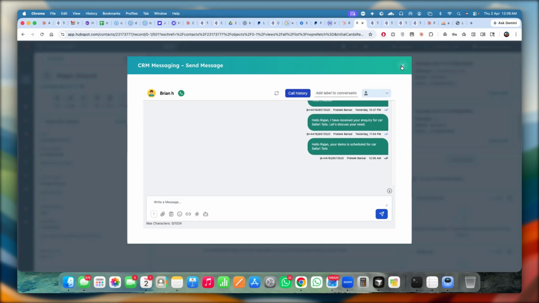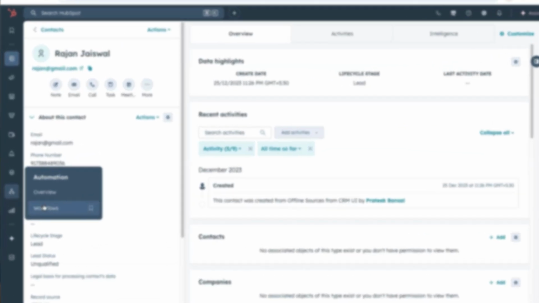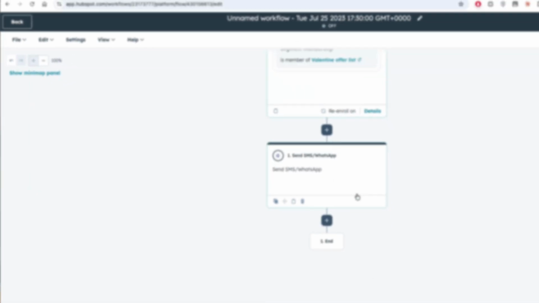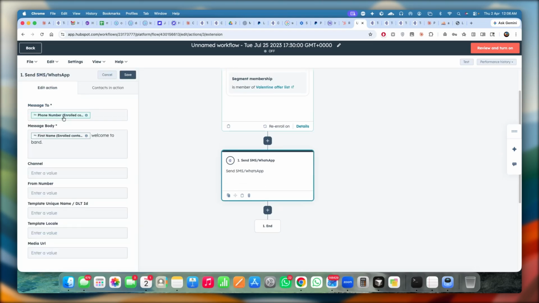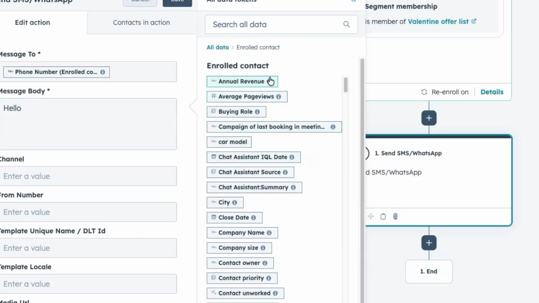Now this is one-to-one. Let me give you an example of automated messages. From automation, you have to go to workflows. In your workflow, you can trigger this message using the send SMS action. So this is your action. Open it. In the To field you put the number, and in the message body you can include your message placeholders. Hello. And then here you can choose enroll contact properties like